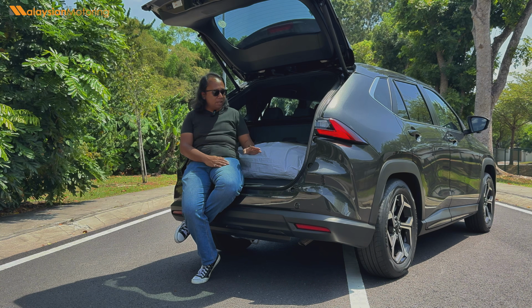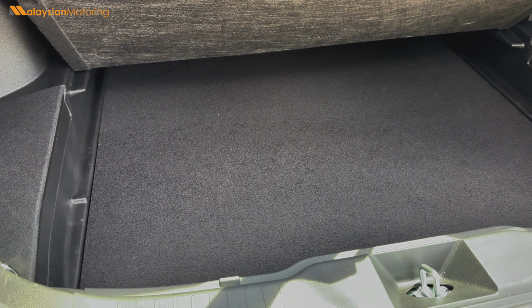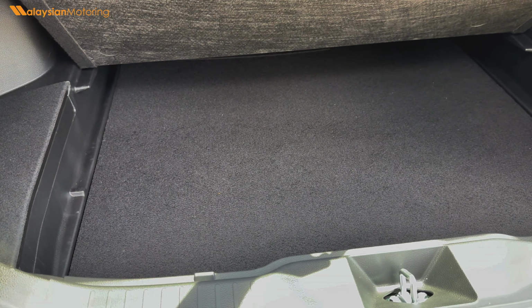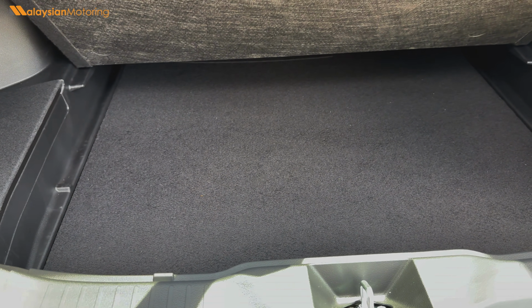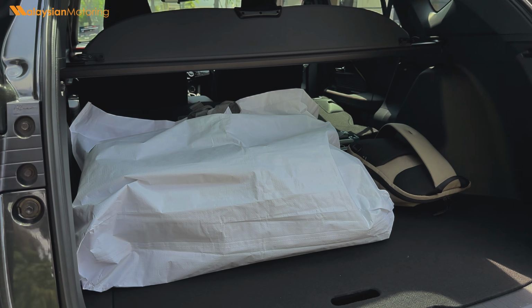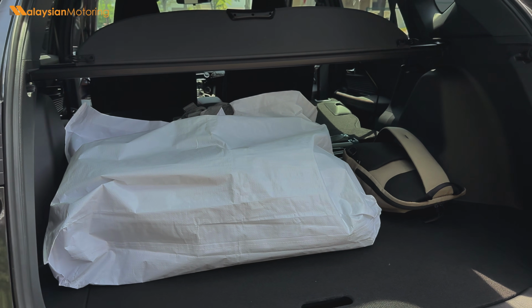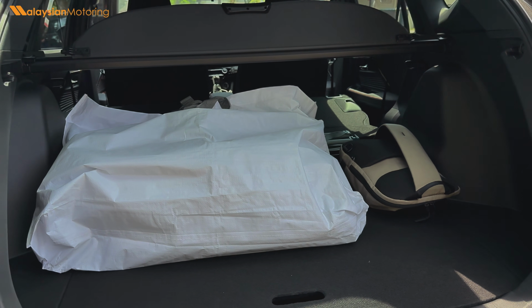problem at all. On top of that, this boot floor is actually adjustable. So there is actually space underneath where I'm sitting now for you to put smaller items if you really want to hide them away, or you can lower the boot floor in its entirety in order to improve vertical space. But with the boot floor set up in its highest position, you can also fold the rear seats flat 60-40 for added practicality, but it is unfortunate that no matter what you do, there is no space for the parcel